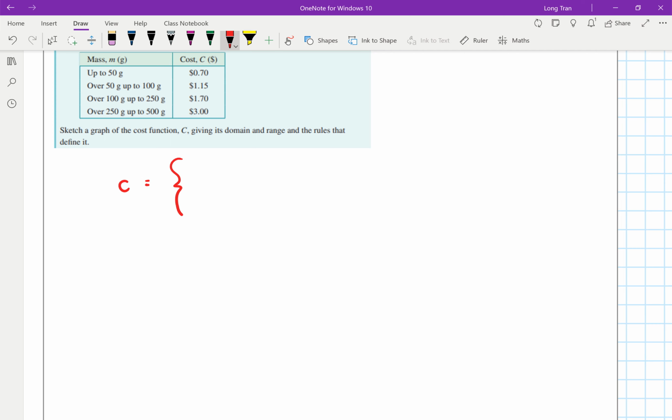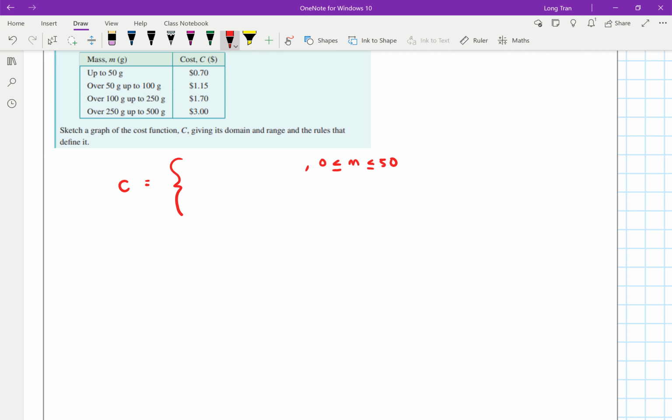So possibly you can have from 0 to 50. You can write 0 to 50 for M, which is the mass, so M up to 50, inclusive. When M is between 0 and 50, then you can expect,